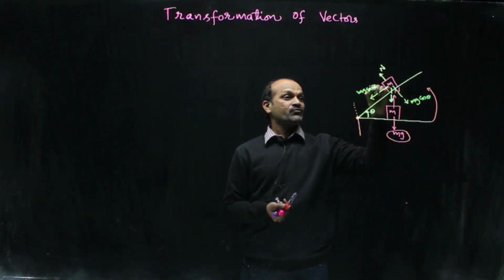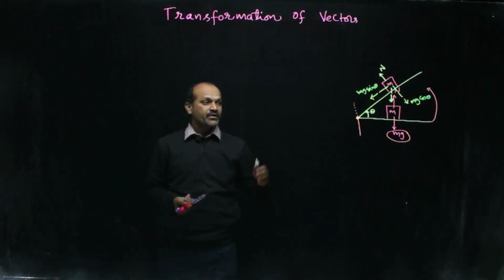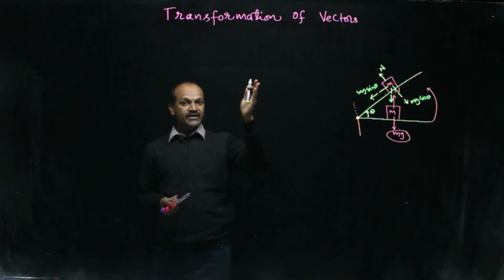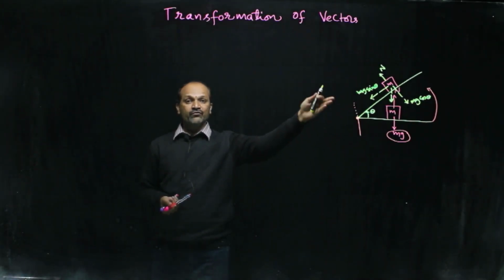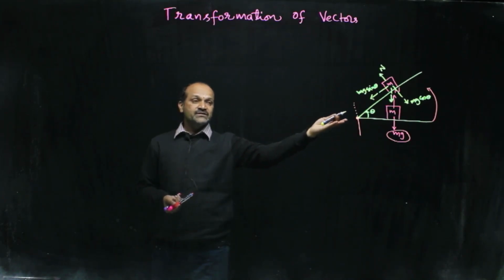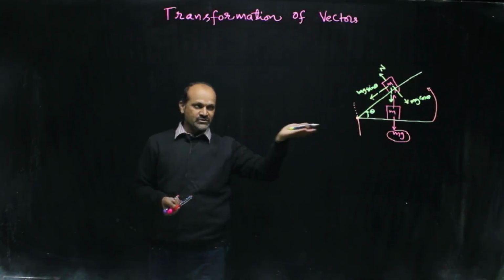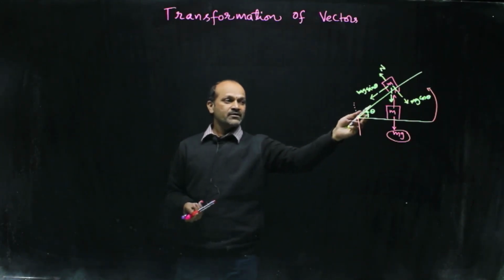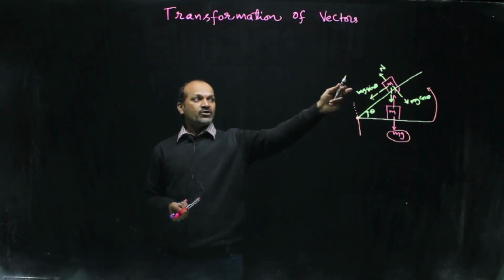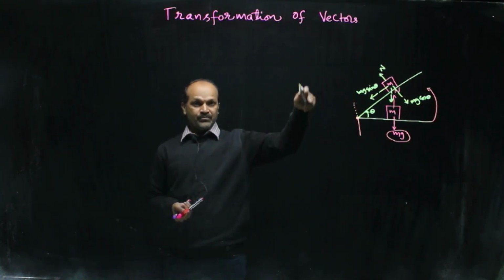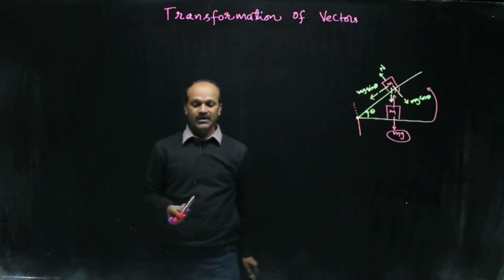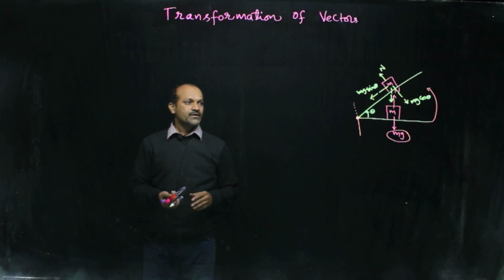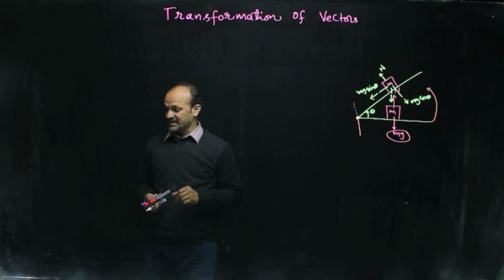See here, the weight of the block, with the rotation of that axis, is a transformation of a vector. What is the vector over here? Force, the weight of the body; force is the vector. What have we changed? We rotated the axis, the horizontal surface, with an inclination theta. Then its weight, the force components varied: mg sin theta and mg cos theta. So, this is one example for you to understand it clearly.